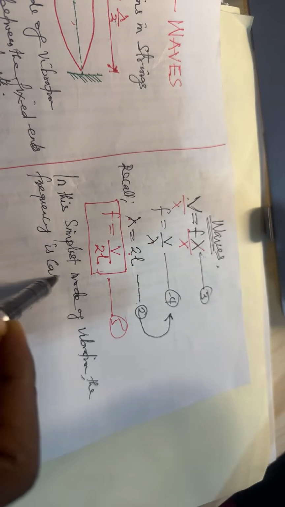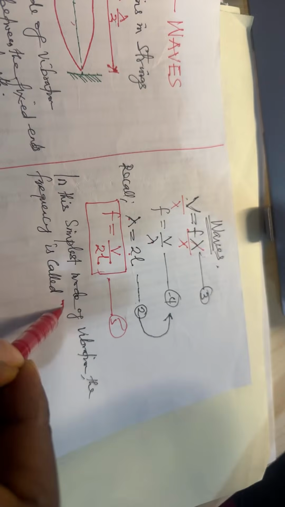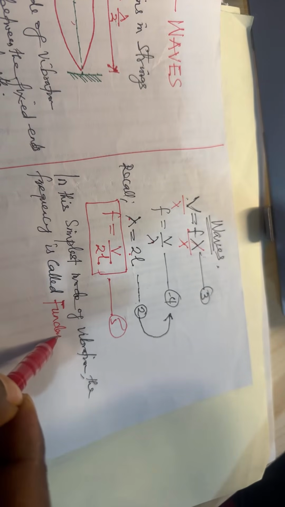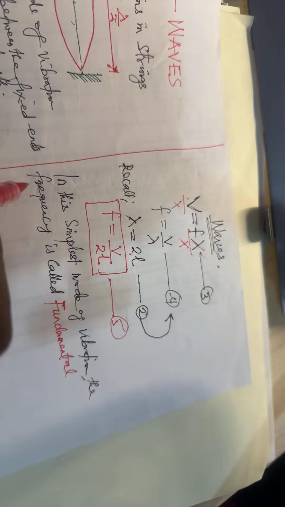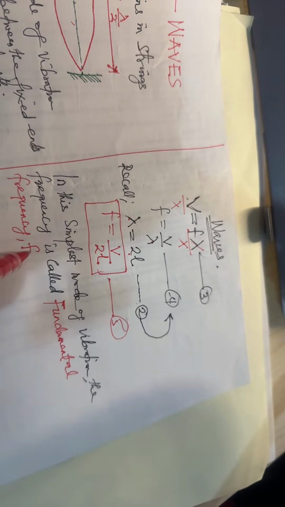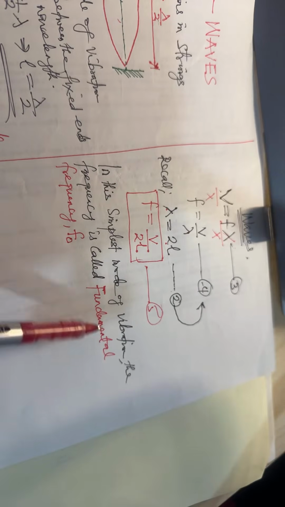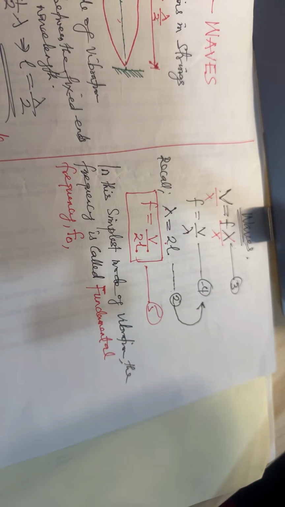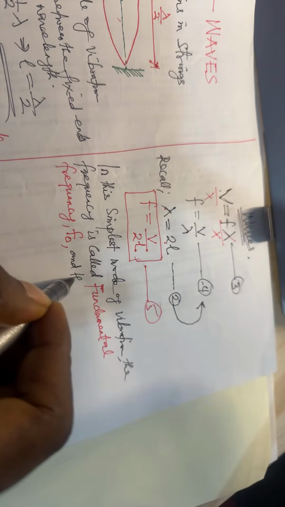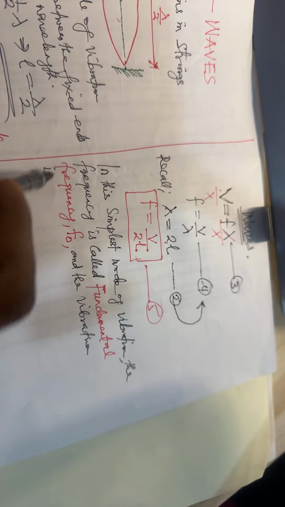Frequency is actually called the fundamental frequency. So for this fundamental frequency we use F naught. That means I'll go over to this particular formula and change that F to F naught. That's the unique name given to it, fundamental frequency. And finally, you should also note that the vibration is called